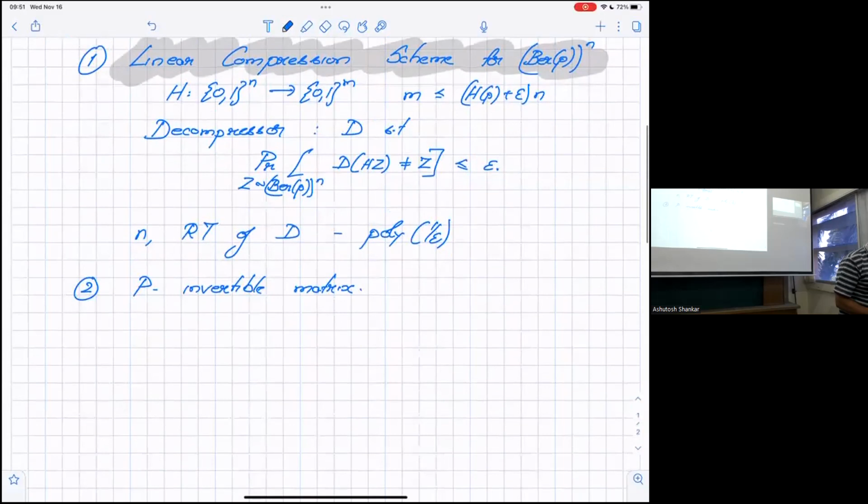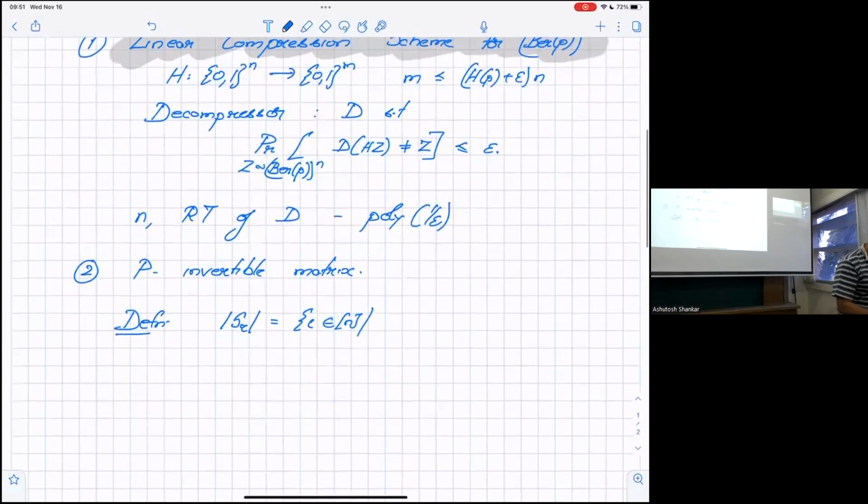And we had made two definitions. We first defined tau to be a set of coordinates i in n, such that P is a matrix, and we're going to call W equal to PZ, where Z is